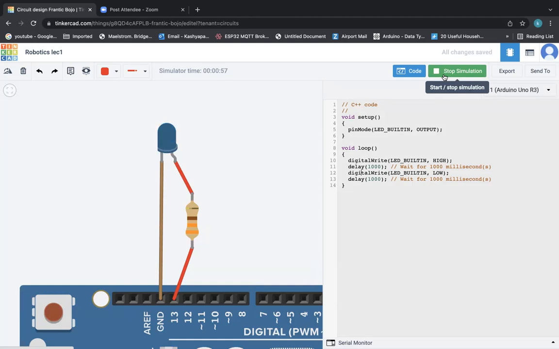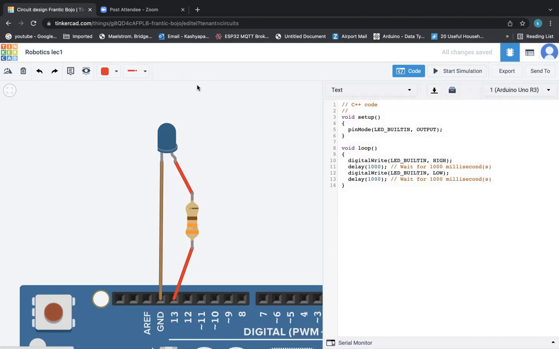Now what we are going to do is coding. Simple coding. Okay. So I'm going to do a small change to this code. First of all, I'm going to stop simulating. You can see the LED stopped blinking. And here,